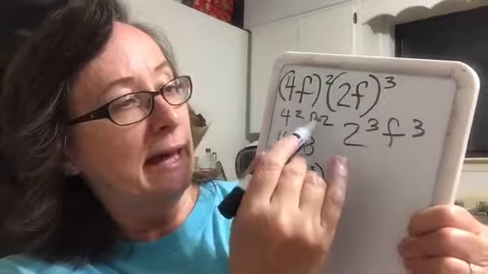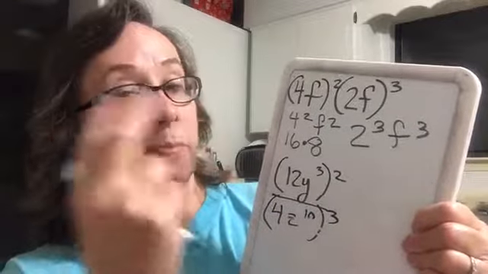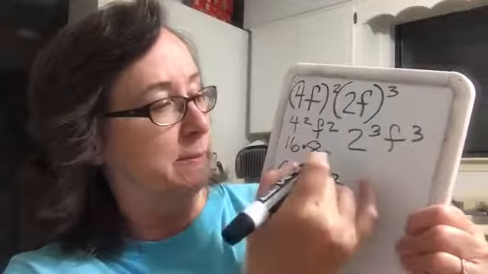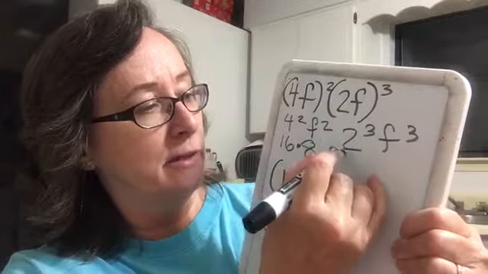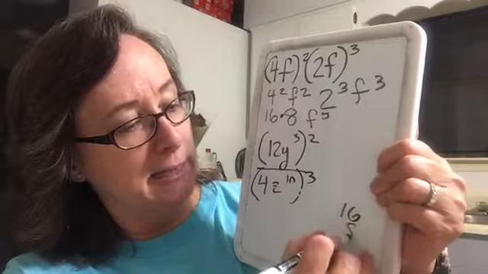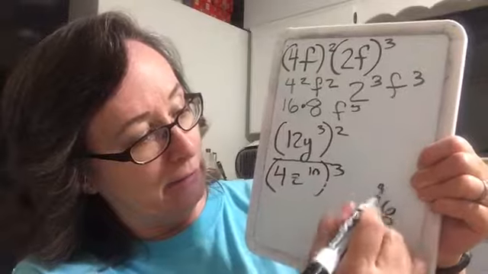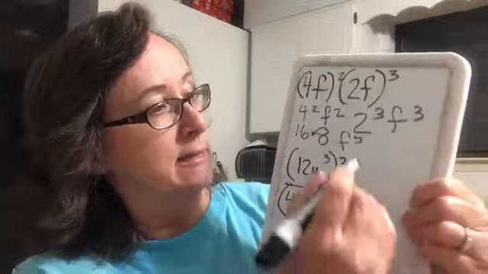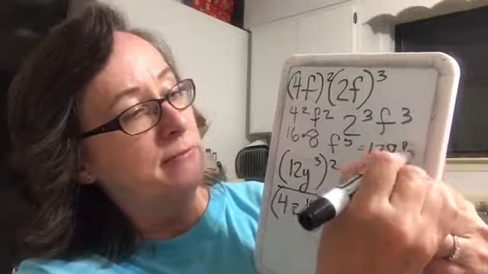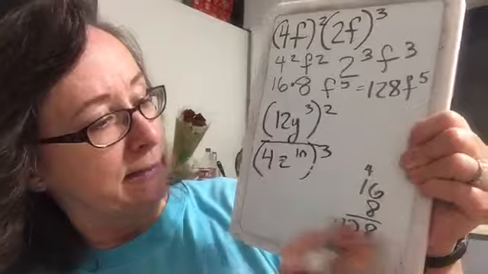And then the f squared times the f to the 3. Now I'm multiplying 2 like bases, so this is where I add the exponents. So I get an f to the 5, and 16 times 8 here is going to be 48, carry the 4, 128. So I wind up with 128 f to the 5. And then on this one down here,